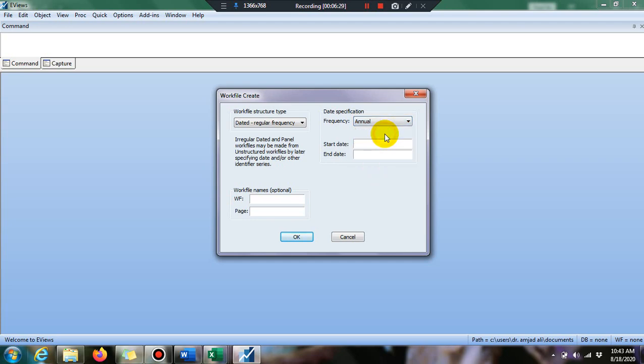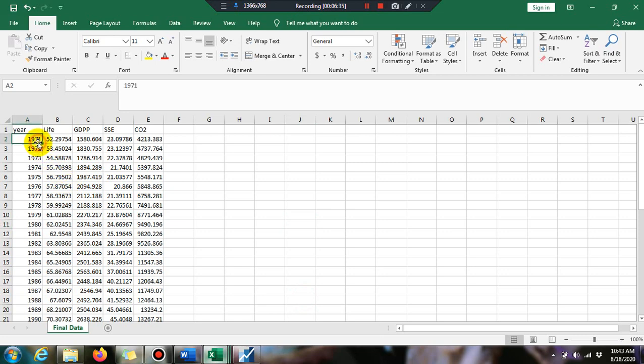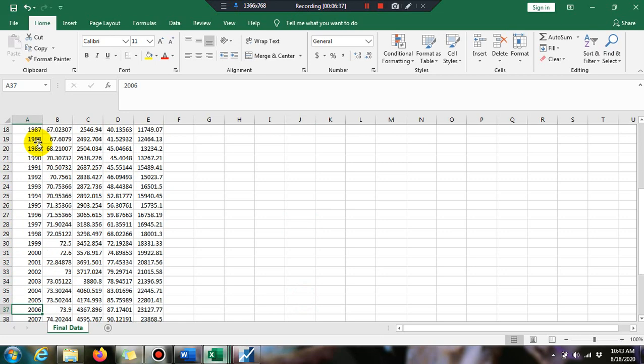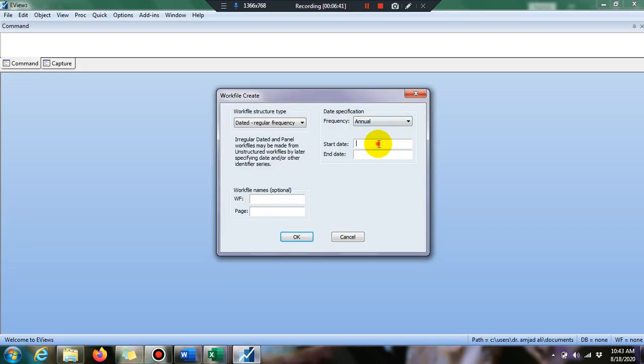So here we only check annual. Our data ranges from 1971 to 2013, so here you write the start date 1971 and the end date 2013. Don't write anything for the workfile name, it is optional.